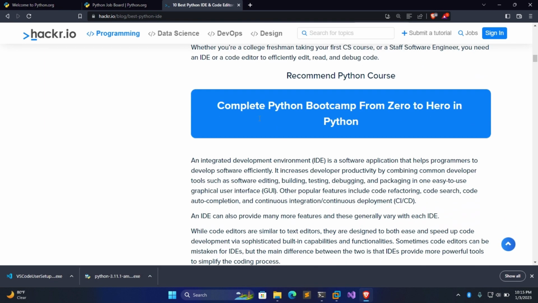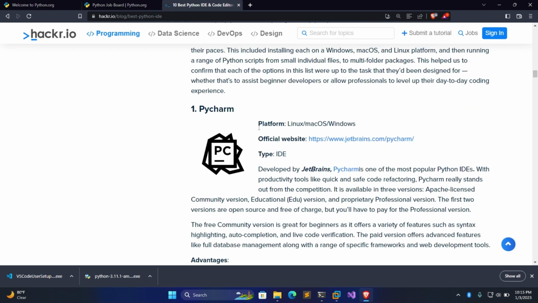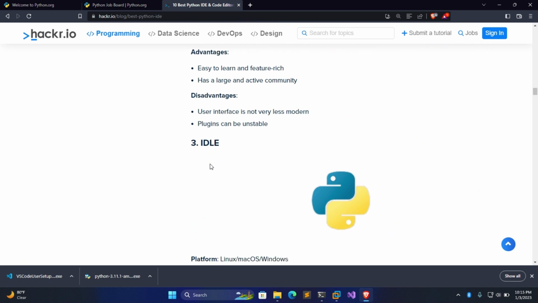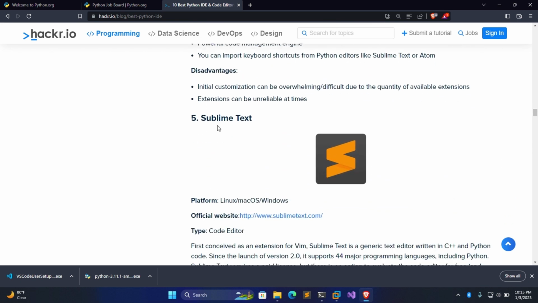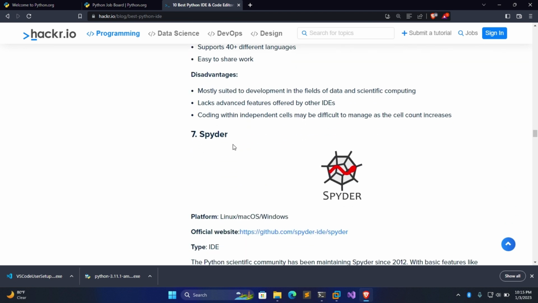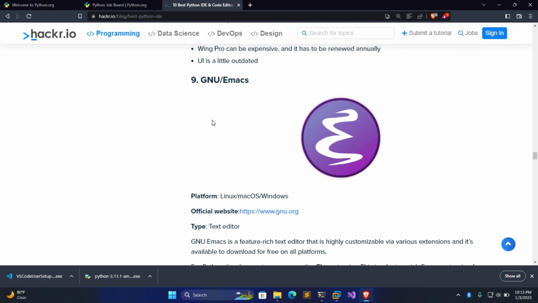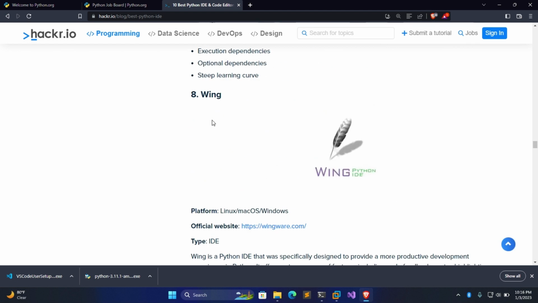Then let's check some of the IDEs. We have PyCharm. It is available on Linux, Mac, and then Windows. We also have PyDev. We also have Python's IDLE. We have Visual Studio Code. We have Sublime. We have Jupyter Notebook. We have Spyder. We have Wing. We have GNU Emacs, and then Thonny. Now these are all IDEs, but in our course we will be